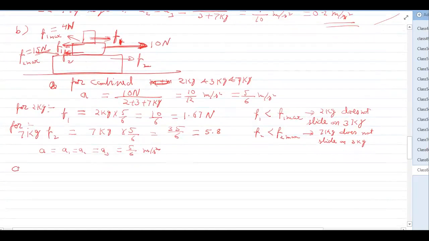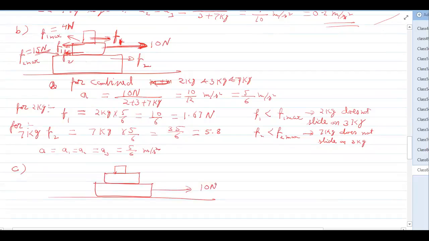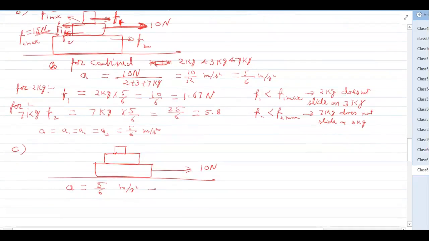If we apply the same force on the lower one, 10 Newton, so first we are going to do the common acceleration, that will be 5 by 6. Okay, and now we have to check for joint combined motion. For combined motion,